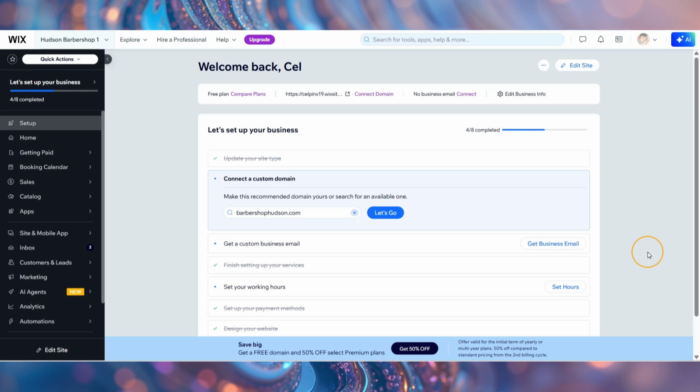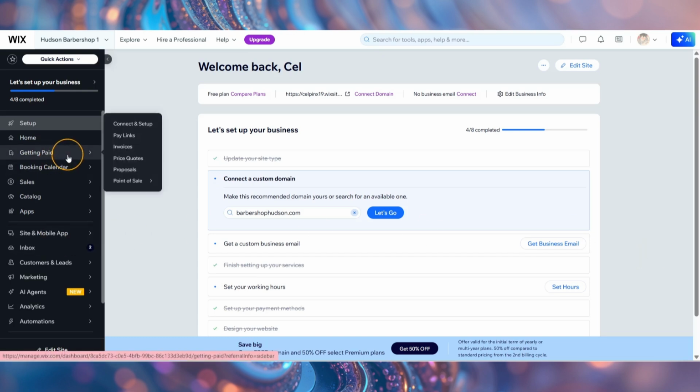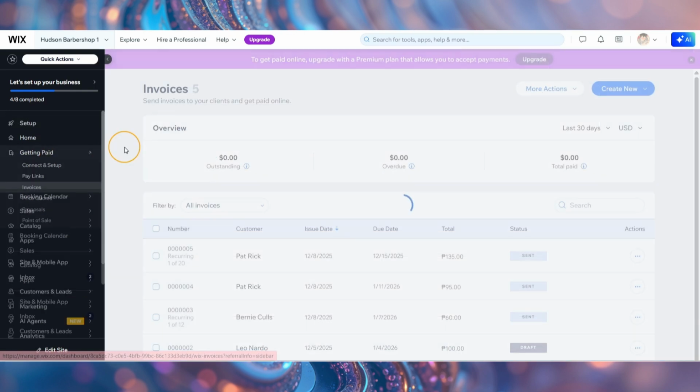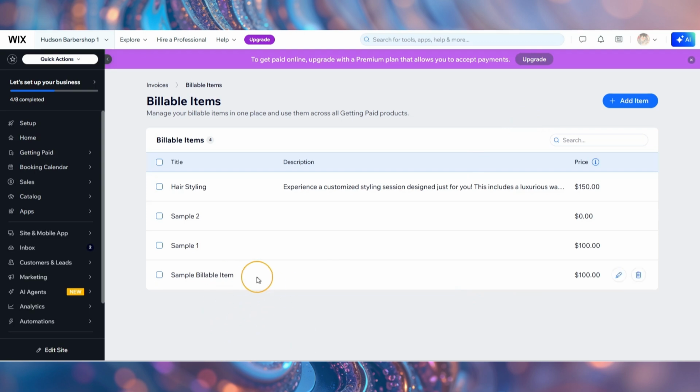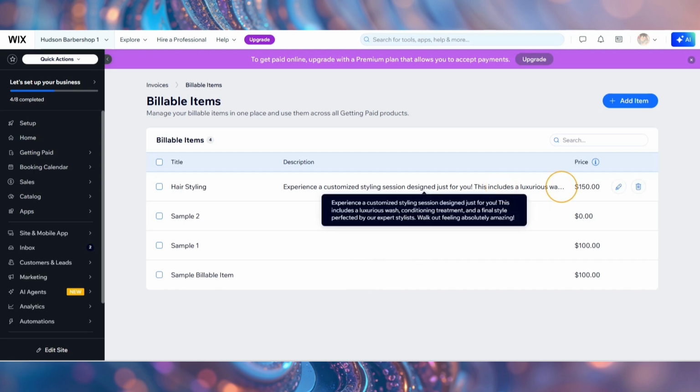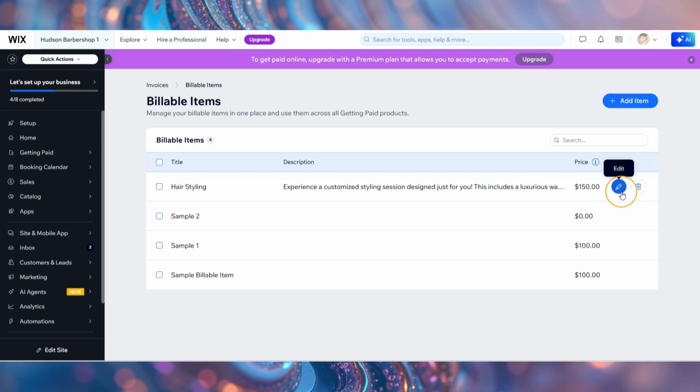Let's get started. On your site's dashboard, go to Getting Paid and go to Invoices. Click on More Actions and below it, select Manage Billable Items. This is a list of all of the billable items you've previously added. Hover over the billable item you want to work on, and you should see options here to edit it or